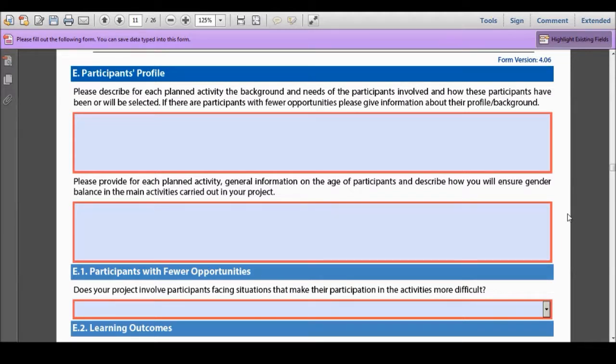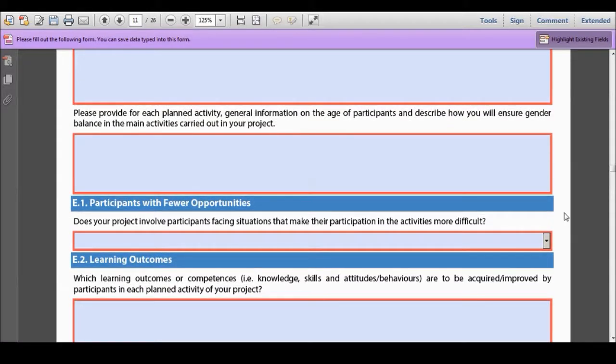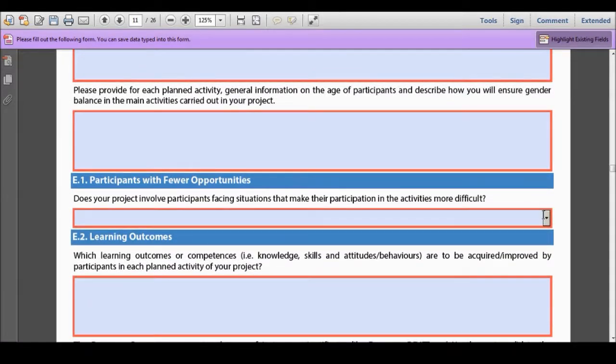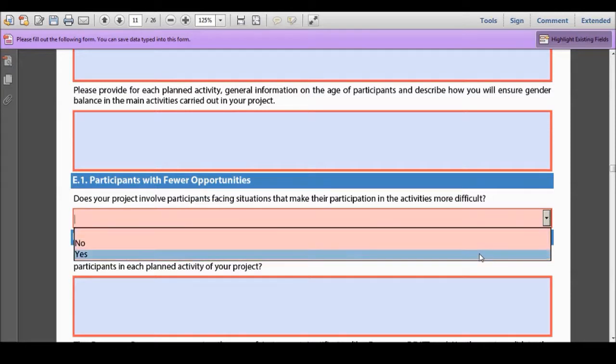Participants must be resident in the country of their sending or receiving organization. Please describe the participants' actual or likely age ranges and gender, detailing how you will ensure a gender balance. You will have to state whether or not your project involves participants with fewer opportunities. By choosing yes, and I'm going to go to that section in a minute. Here it is. So if you choose yes,